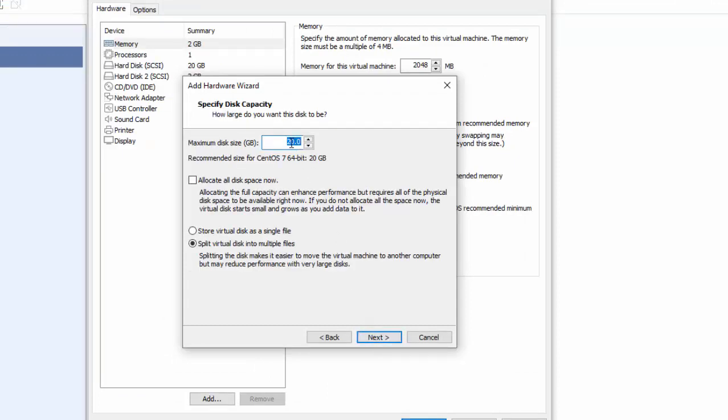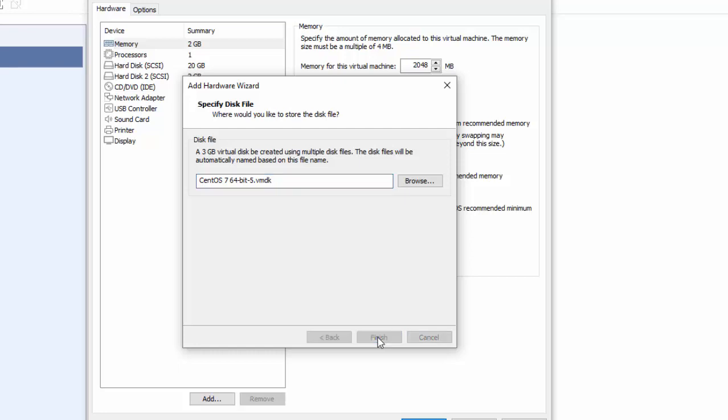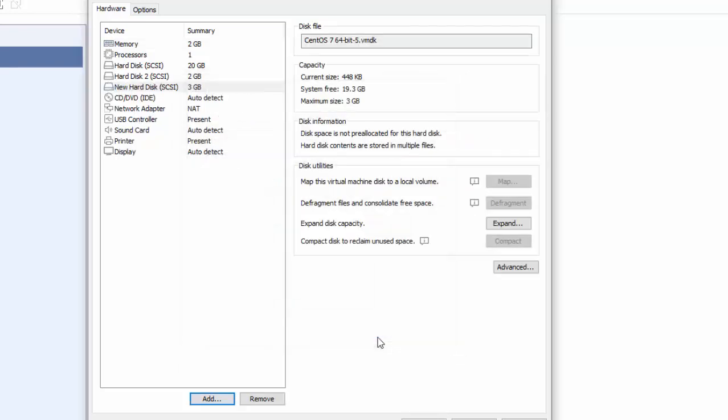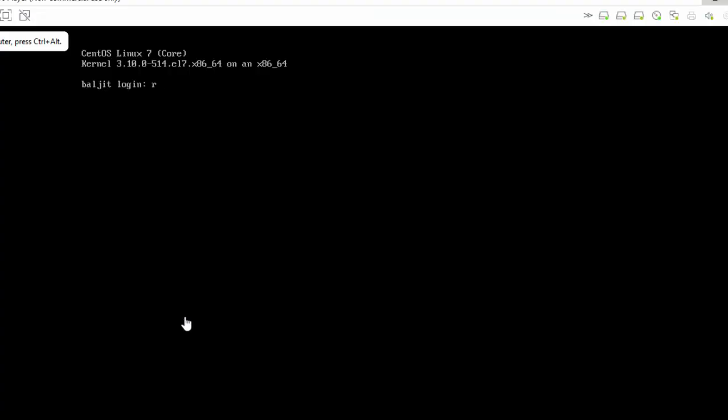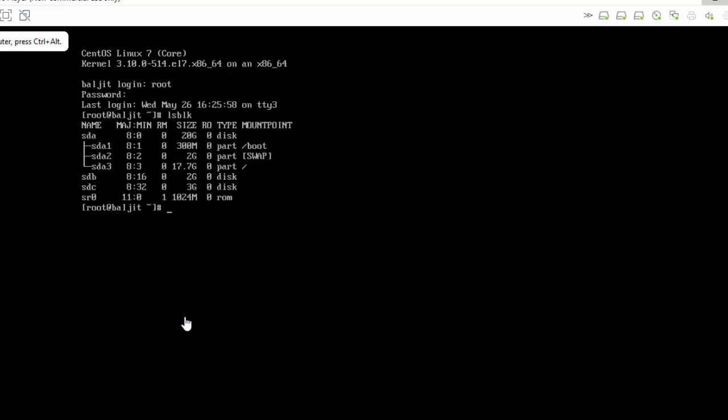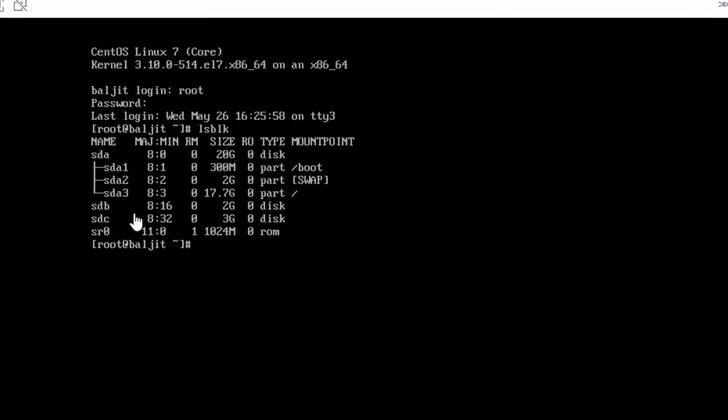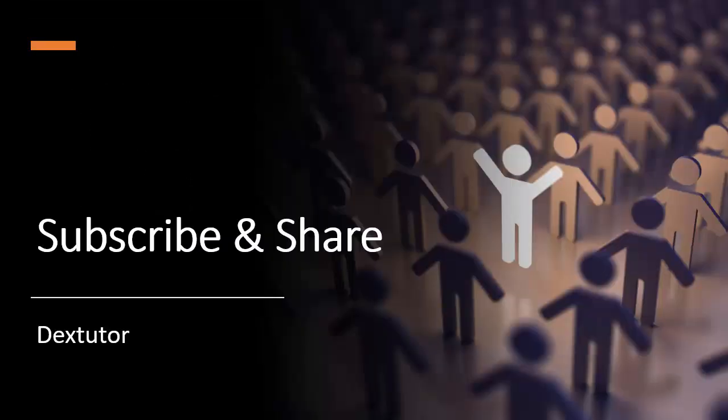Here you specify the size. So let us suppose that the size again is 3 GB. Click on next. So this is the name that will be given. Finish, and you can see that we have added a disk of 3 GB. That's it. So pretty straightforward procedure. Now you can start up the system again, and you will see that the new disk of 3 GB is added. In a similar way, you can add multiple disks, and now you are good to practice disk partitioning or your logical